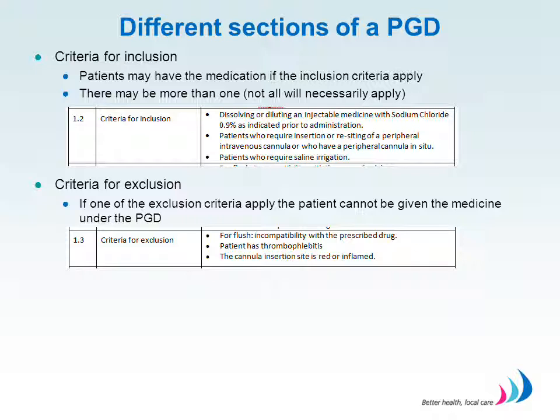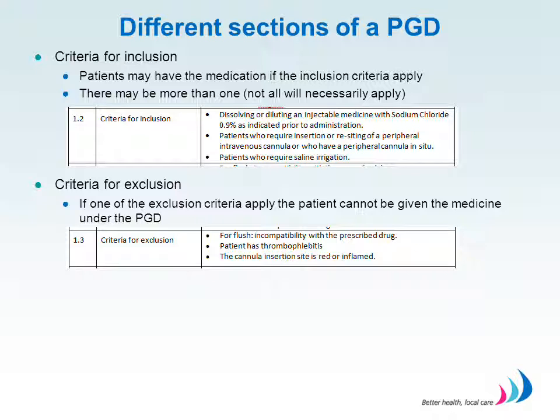The criteria for inclusion specify more information on when the medicines can be given under the PGD. As with the defined condition/situation section, it will not always be a requirement for all the conditions or situations listed to apply to a specific patient. It may be that only one of the inclusion criteria need apply for the medicine to be given. If more than one of the inclusion criteria need to apply for the medicine to be given, this should be